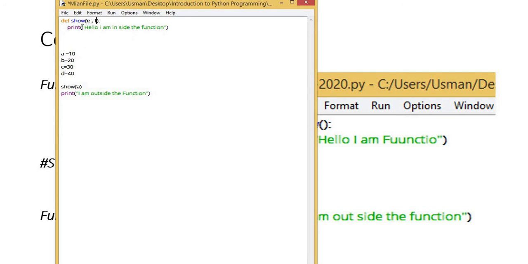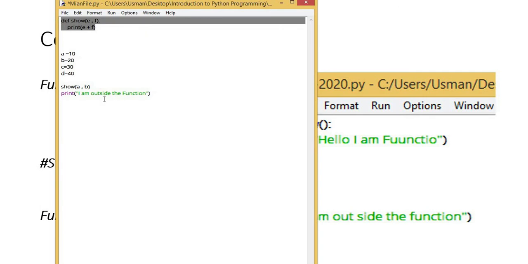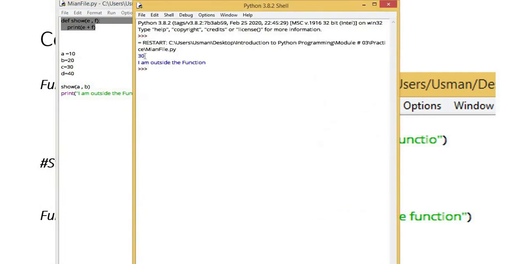I have named the function show. I have to pass its two arguments. First argument a, second argument b. So when I run it, the function call will go to show. It will shift the control to the next line after printing the result of these two. It printed the sum of those two, and my control shifted back to the very next line of the function